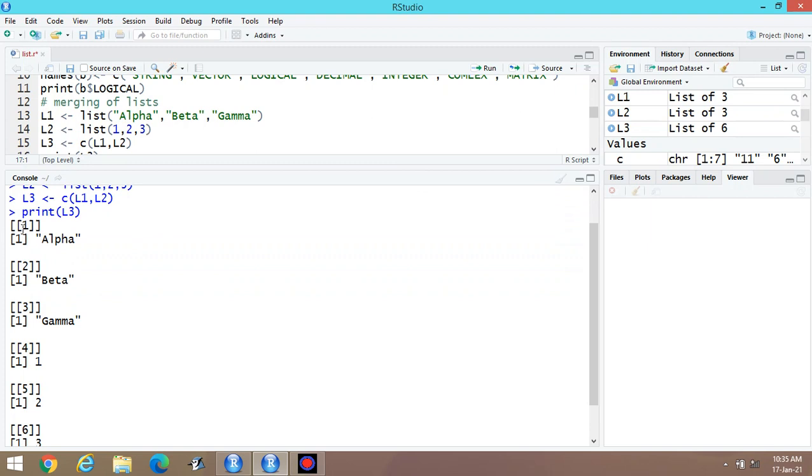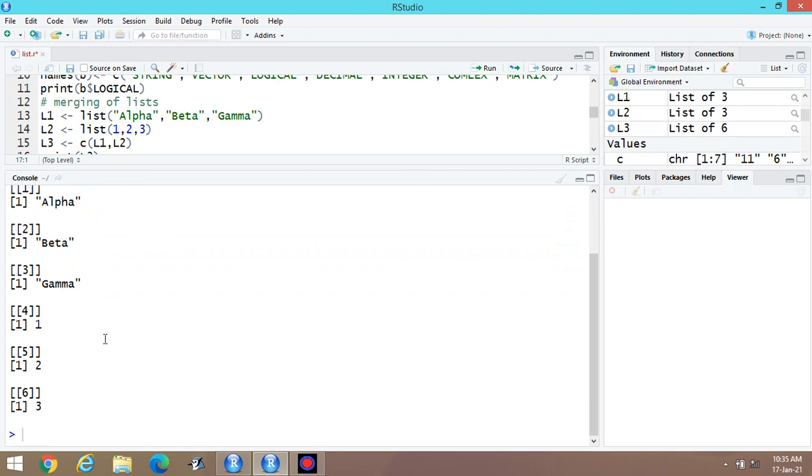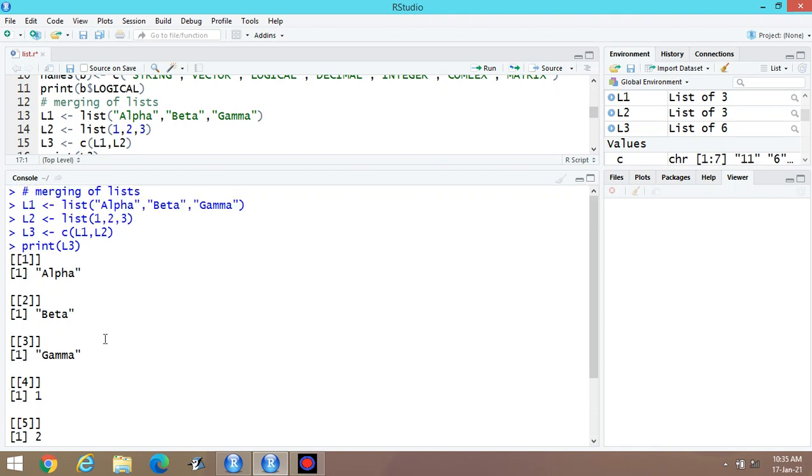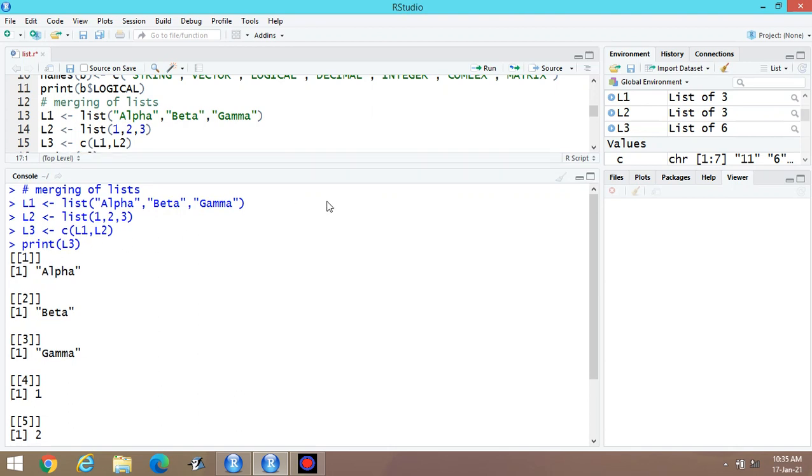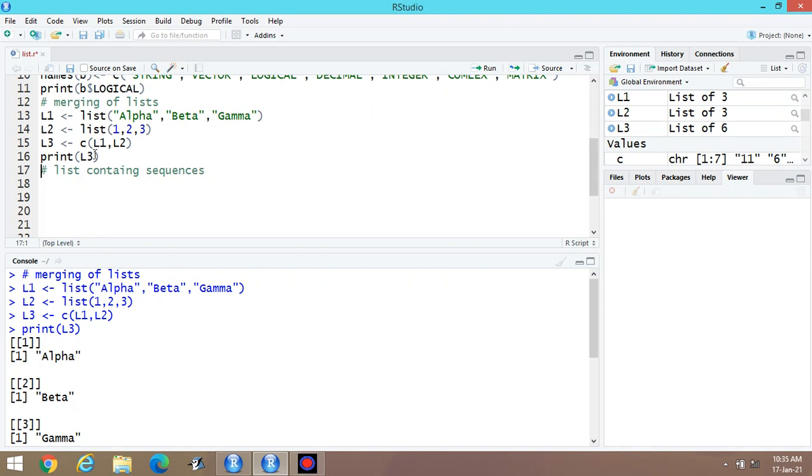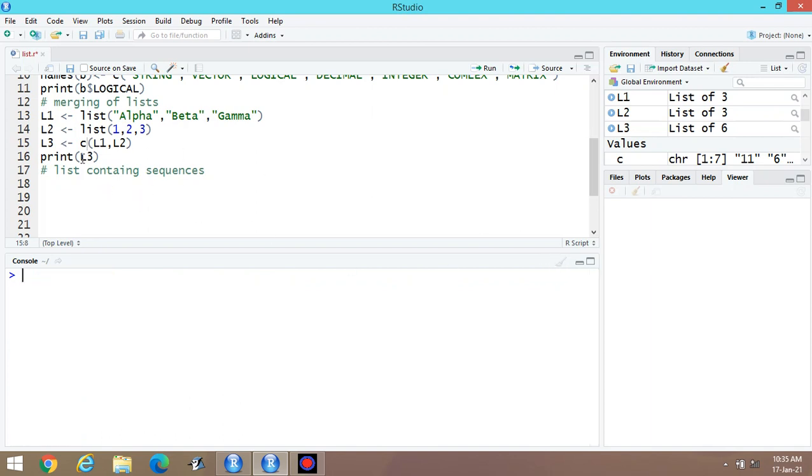You can display the complete combination of this one. First list and second list you can display in combined form, L1 and L2.